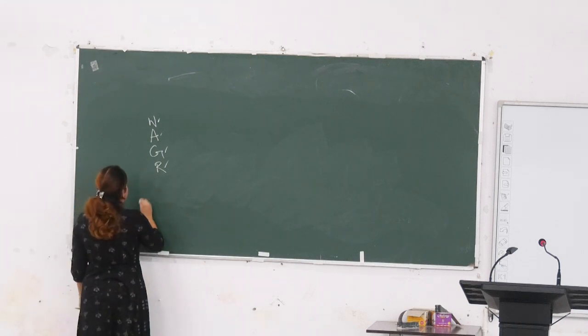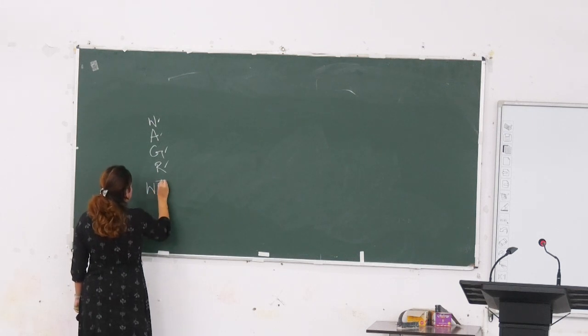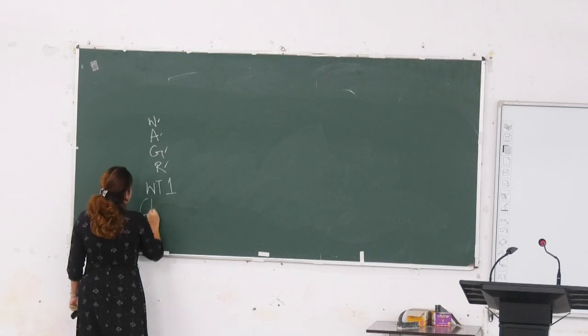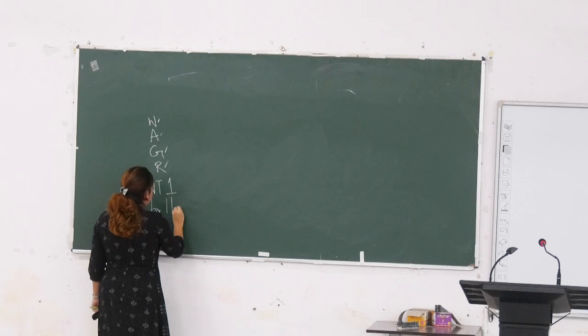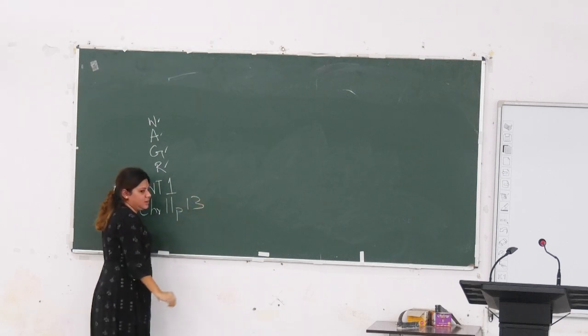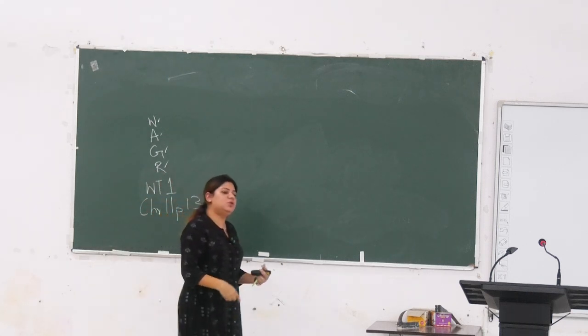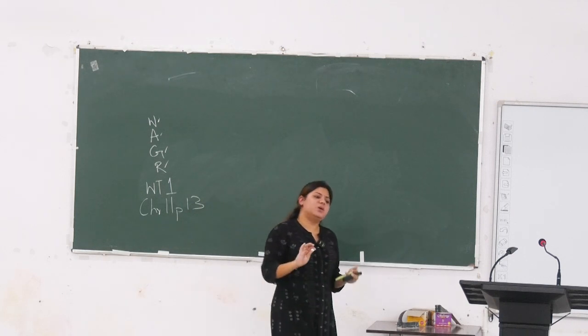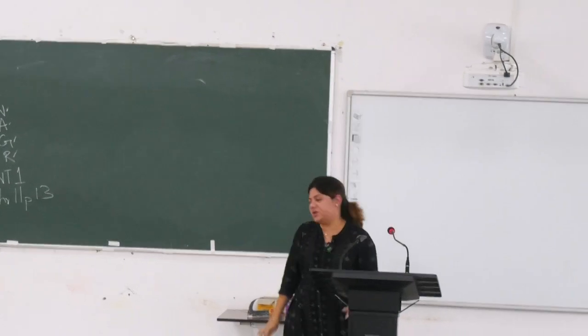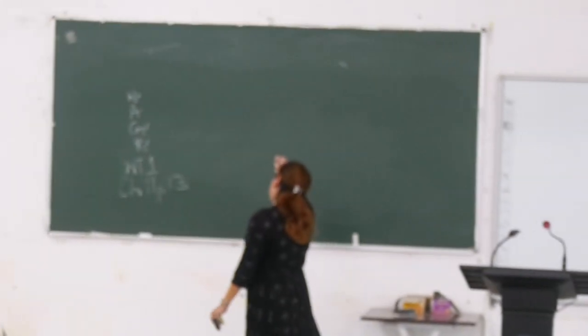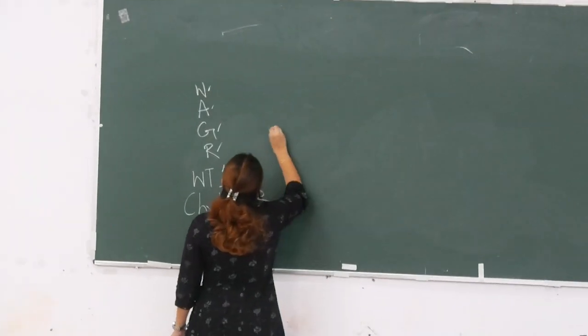It is associated with WT1, which is on chromosome 11, P13. WT1. WT2 is also chromosome 11. You can only remember chromosome 11. You don't need to remember P13, P15.5, all that. So WAGR. Apart from that,